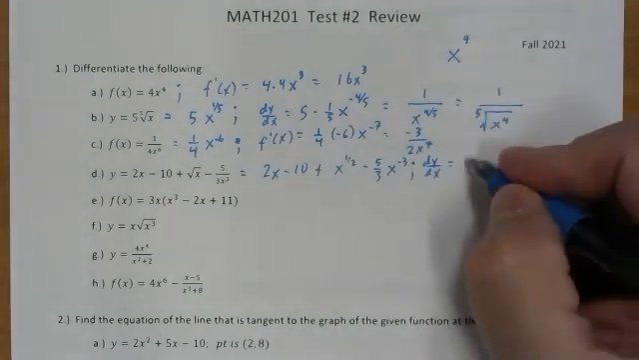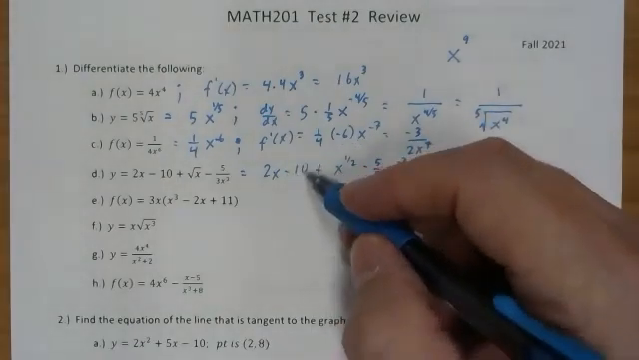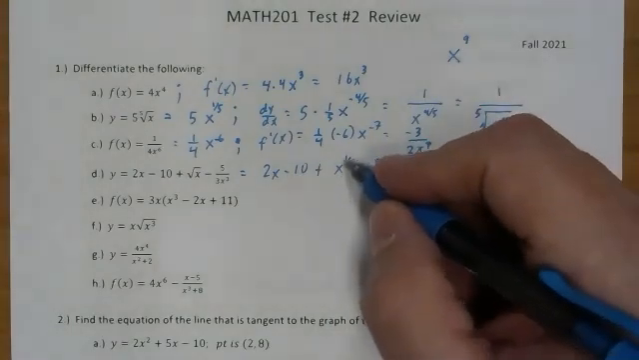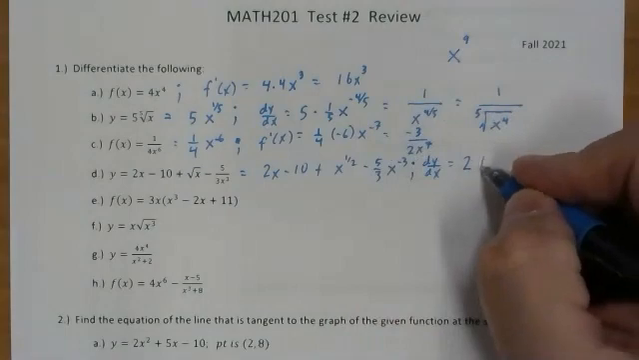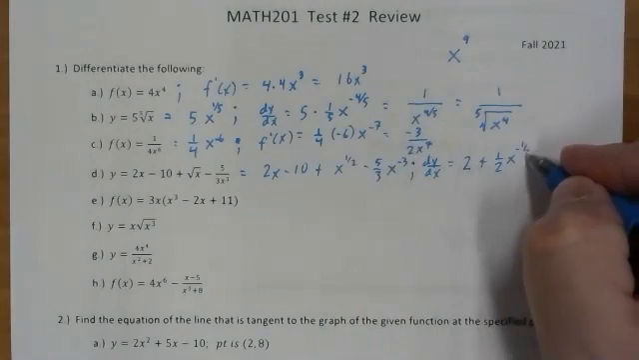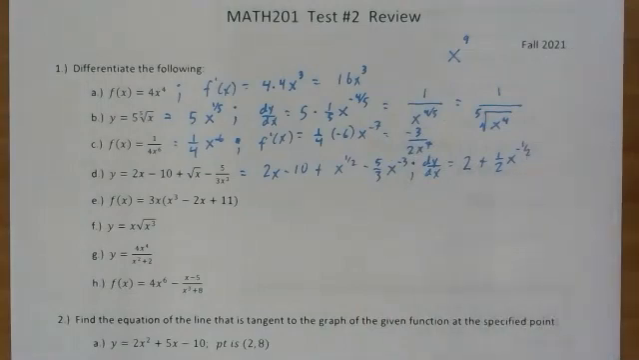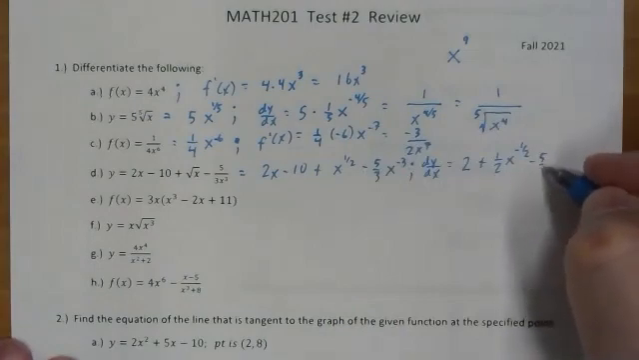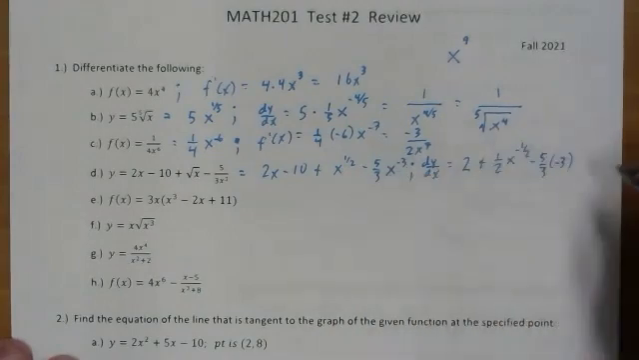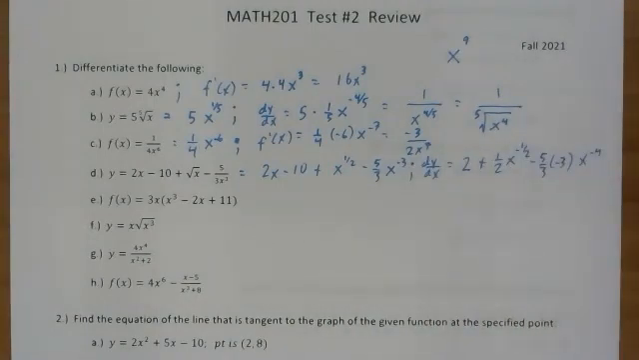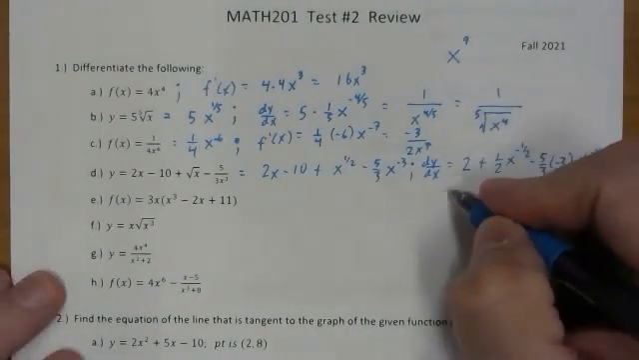Derivative of 2x is just 2. Derivative of -10 is 0. Derivative of a constant is always 0. Derivative of x to the 1/2. The 1/2 comes in front, and you have to subtract 1/2. Now here you got -5/3 times -3, and then you subtract 1 from the original exponent. So if I clean this up a little bit,